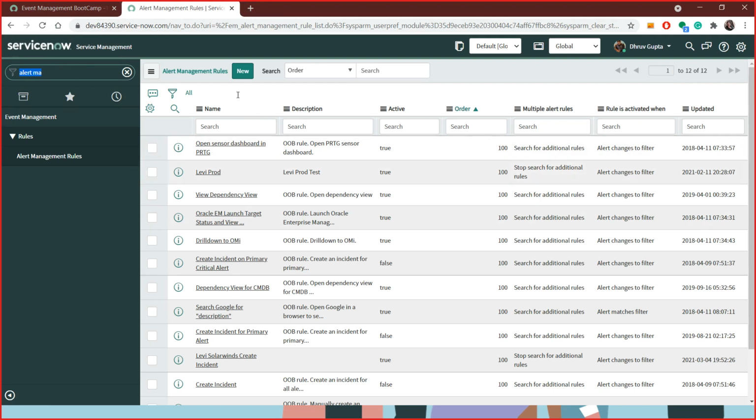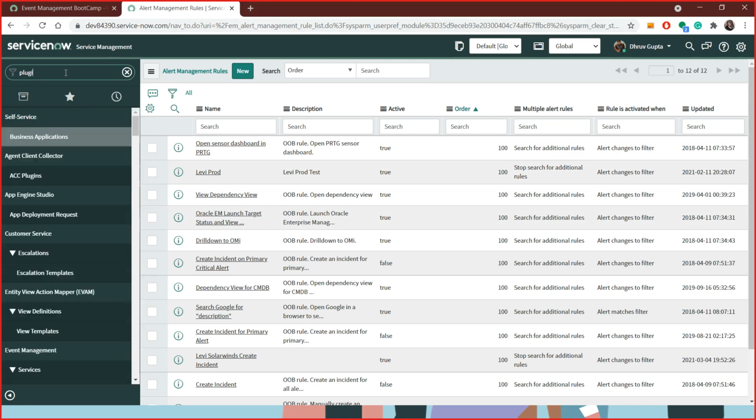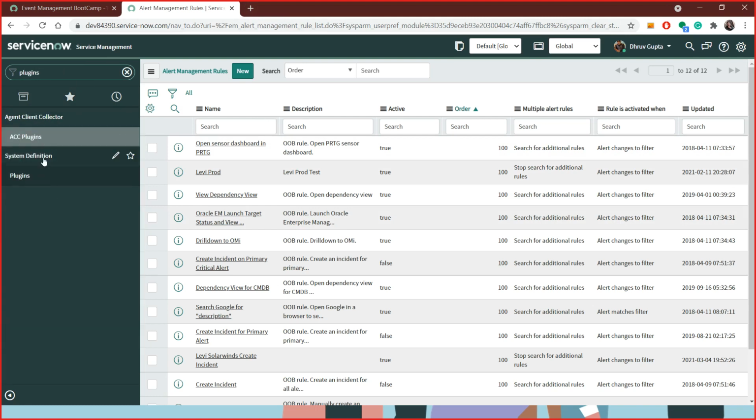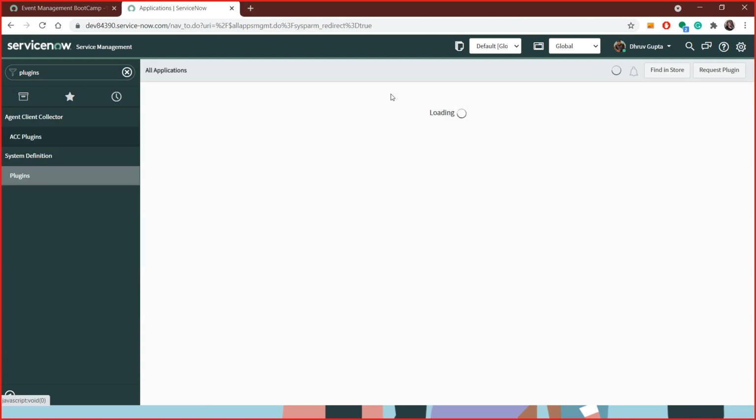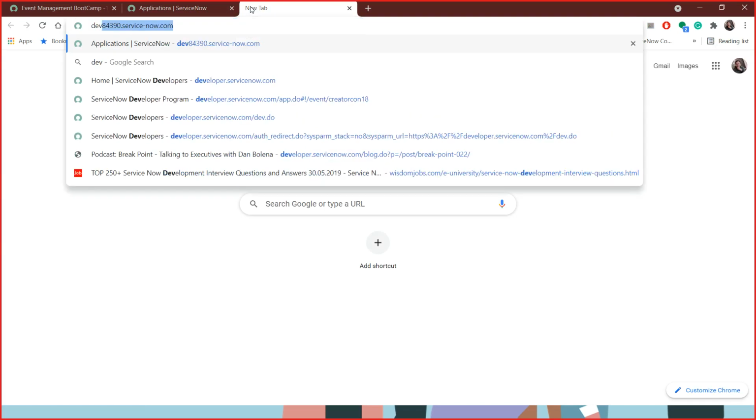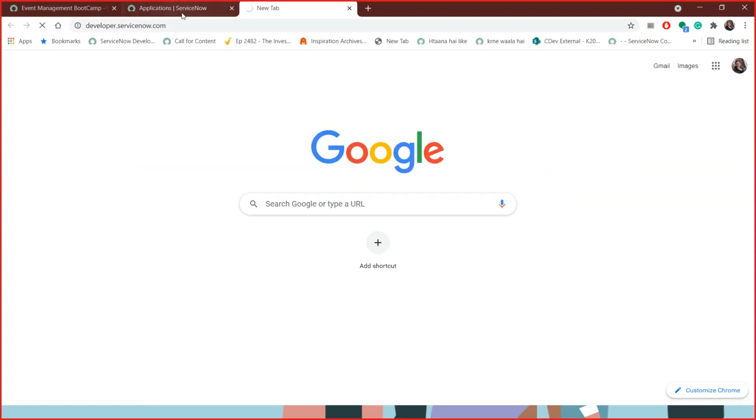Actually, from here it was not visible, Dhruv. Even when we tried writing that name, only two plugins are visible. So just check your instance. Is it Quebec or something different? Mine is Quebec. One second. A few plugins are available from the instance only. Yeah, you can do it from developer.servicenow.com as well.